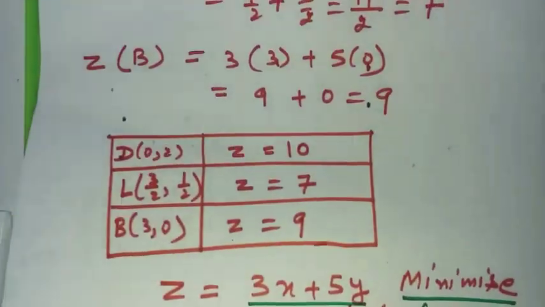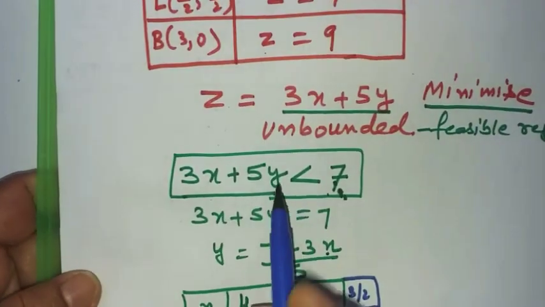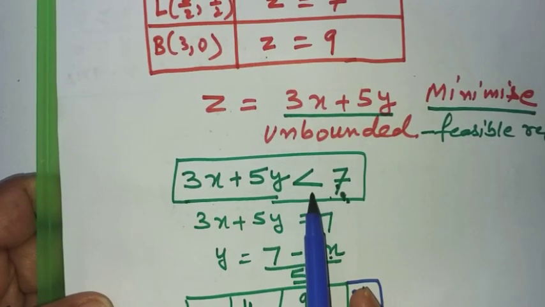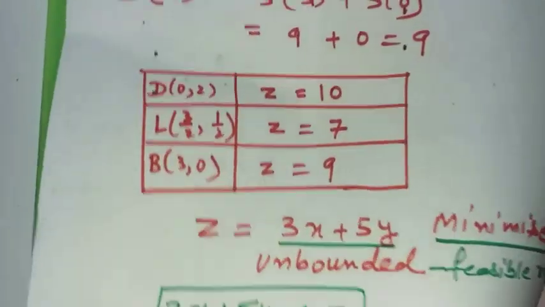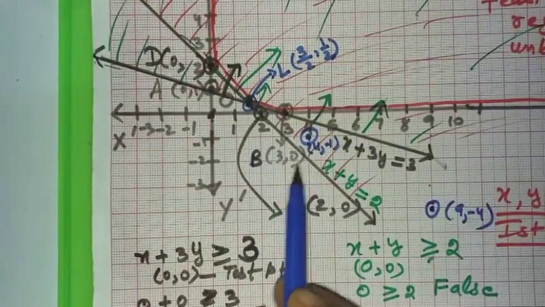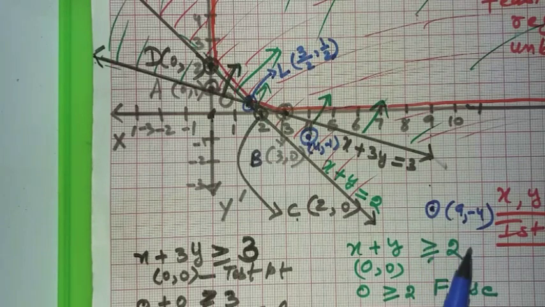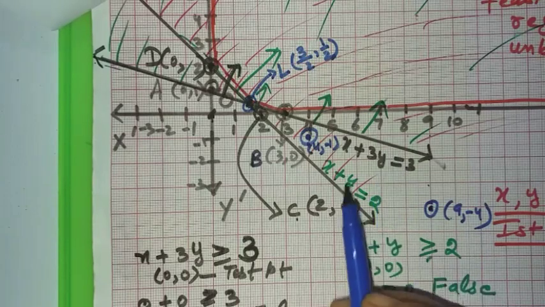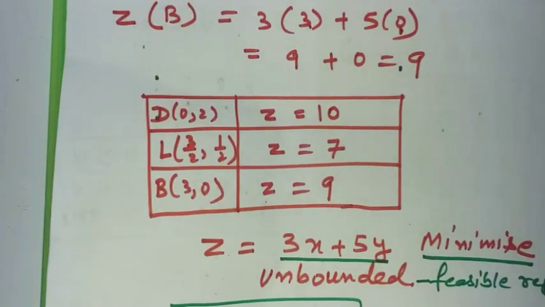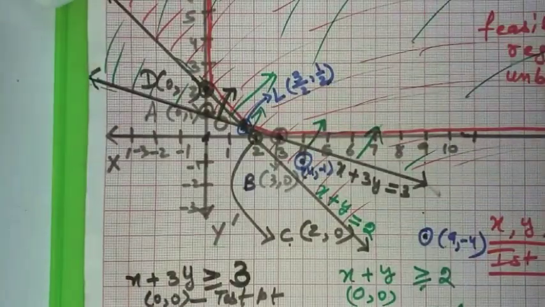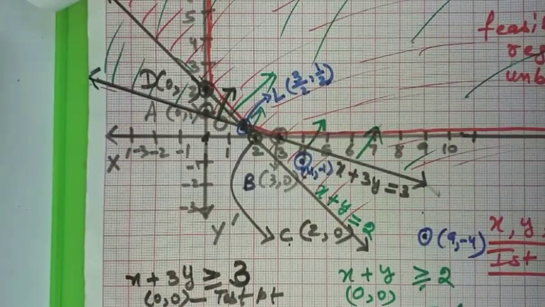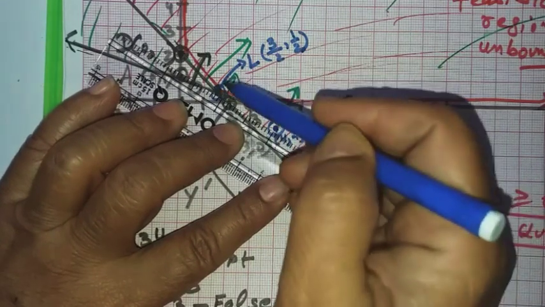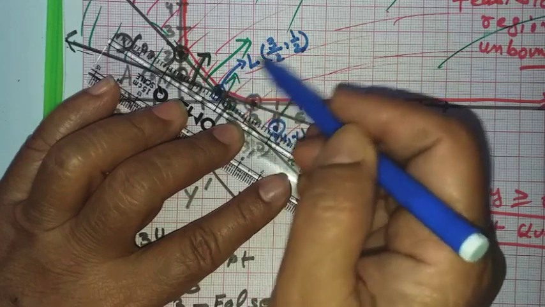But one thing you please take care of is that this inequality has got a strict inequality sign. So that means the line that I am going to draw here joining these 2 points is going to be a dotted line. But in previous cases the lines were not dotted because the inequality was not strict. I had got the 2 inequalities with equal to sign. So let us join the 2 points that we have got from the new inequality. Now when I am joining these 2 points, I can see that this point L is also coming in the way.